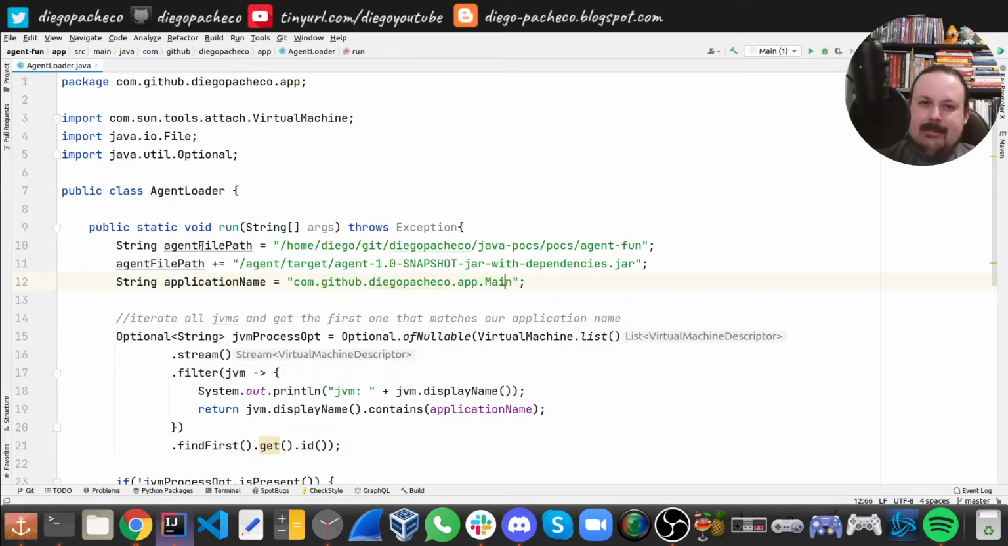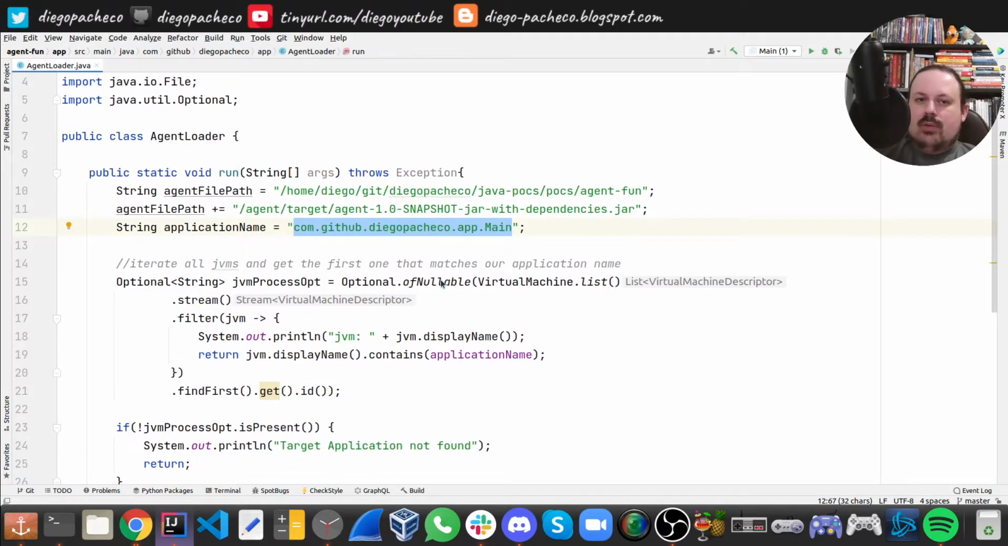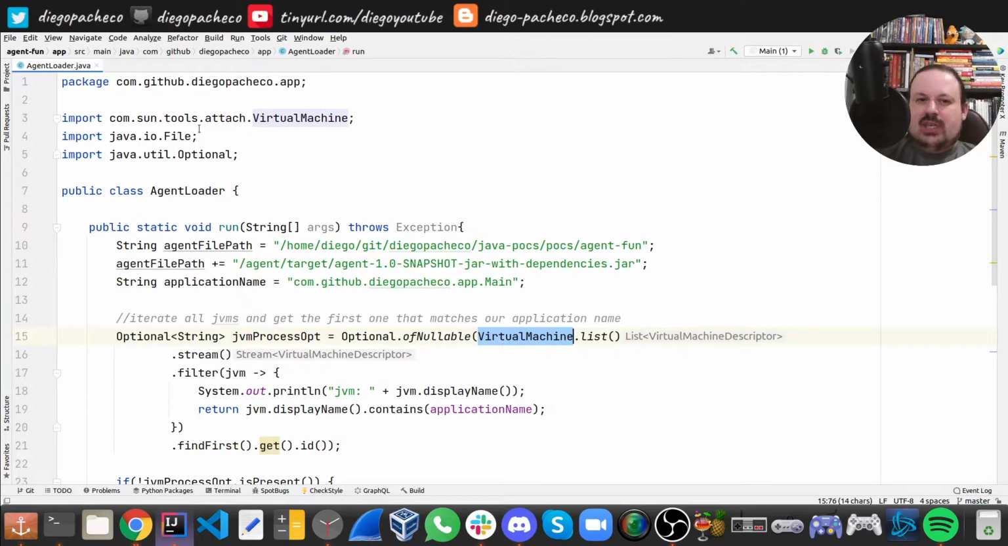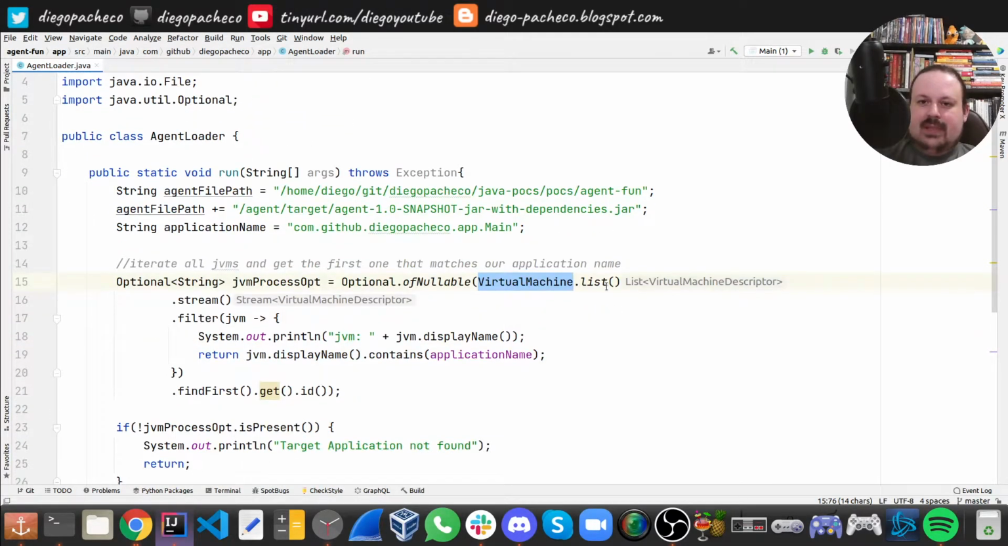So here, what you need to do is I have the full path of my agent, and I have my agent fat jar with all dependencies, also the path, and also I have the fully qualified name of my application class. All right. So in the JVM, we're gonna use this virtual machine that's from the tools jar that we saw on the Maven, and we're gonna do list, and with that we're gonna list all the JVMs running on